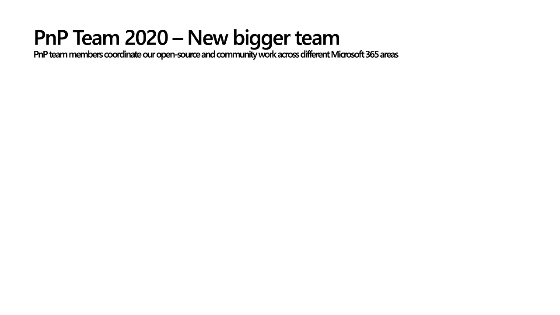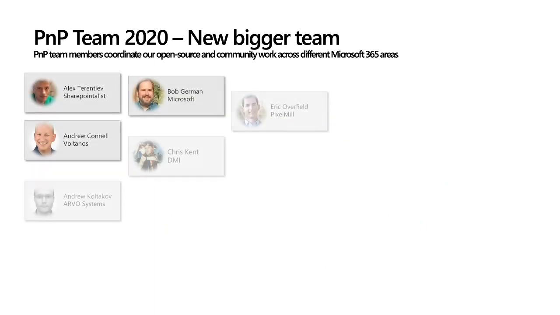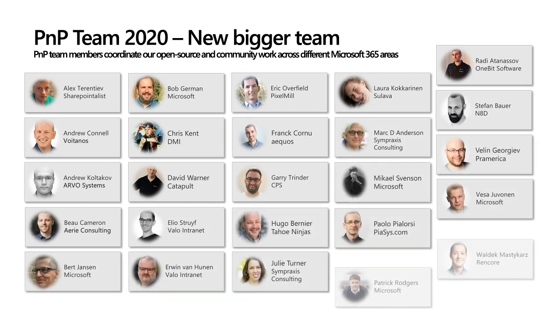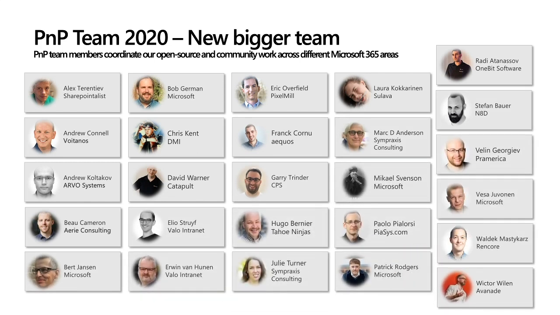One of the new things we're doing in 2020 is growing the so-called PnP team. The PnP team is the set of MVPs and Microsoft employees who coordinate the work we do on the open source side. Right now, I think we have 26 people in this team, which consists of MVPs and Microsoft employees across the world. We're looking into further extending this team in the future as well, because the only way we can scale or make even more awesome tooling and projects available is by growing the team,